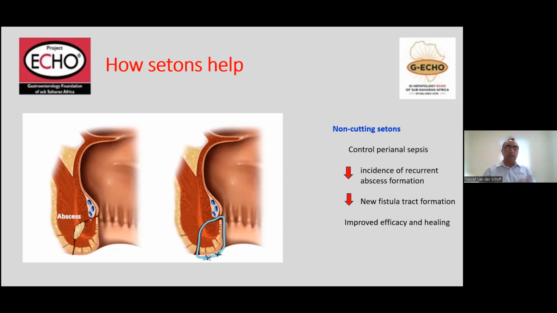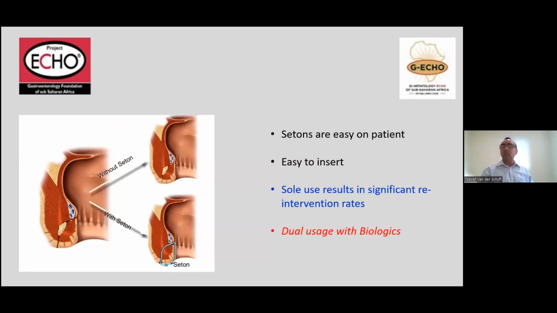As we can see in this graph over here, there's an abscess, and we can see how the placement of these setons by the surgeons can help to promote drainage of that. And setons are generally quite well tolerated by patients. They are generally easy to insert when an EUA is done. And importantly,